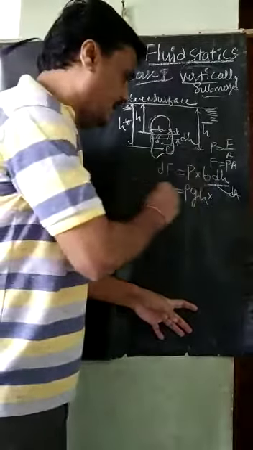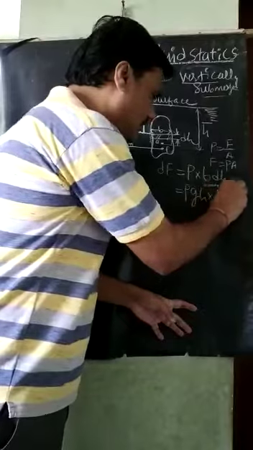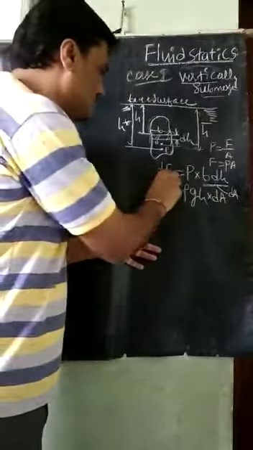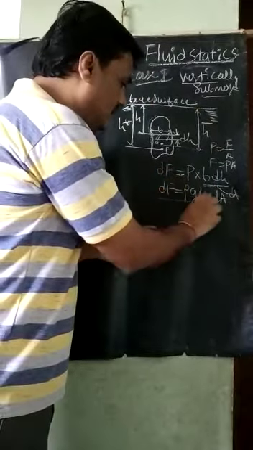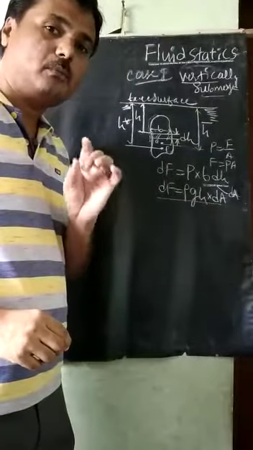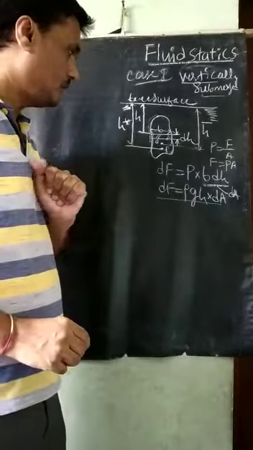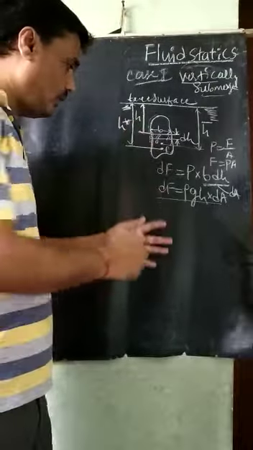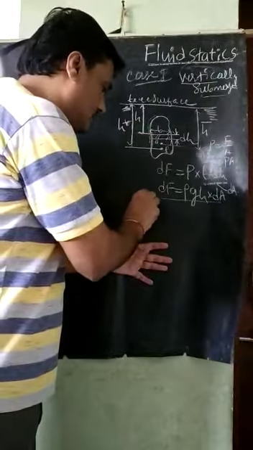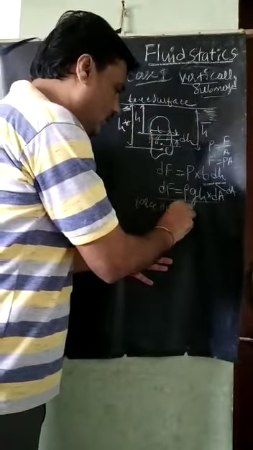It is the dA here. Just I will write it here, dA. So this is equal to dF. This is the pressure force on the small elemental strip on the surface. So the pressure force on the whole surface, the force on the whole surface.